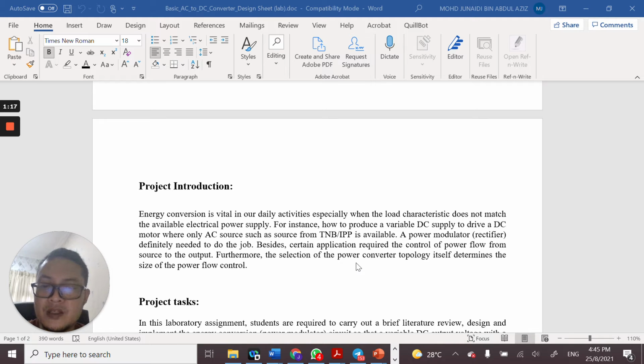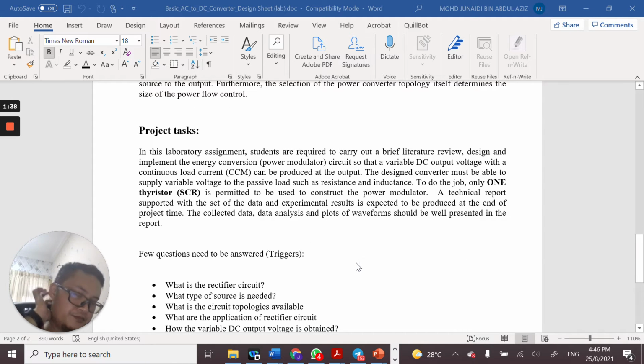Besides that, certain applications require control of power flow from source to the output, and sometimes the selection of the power converter topology itself determines the size of the power flow control. So for this project, you are required to carry out a brief literature review, and then you need to design and implement the energy conversion, sometimes known as power converter, so that a variable DC output voltage with continuous load currents